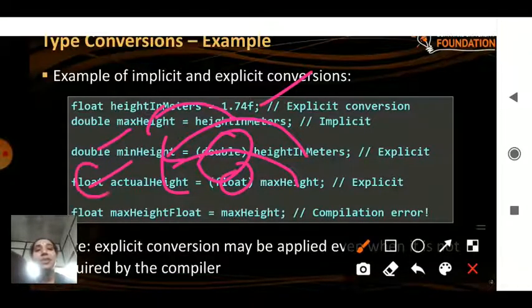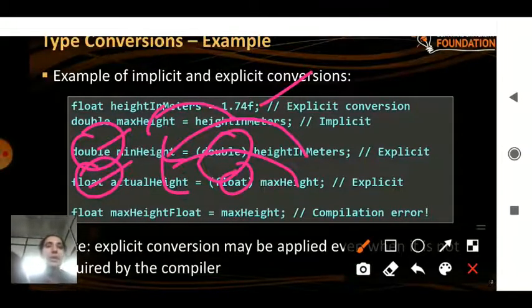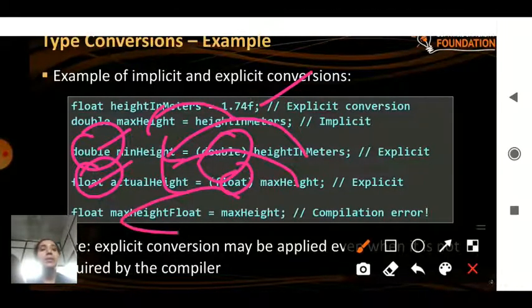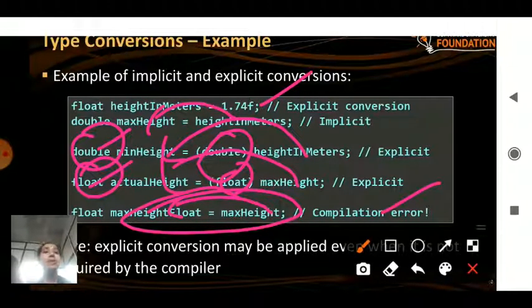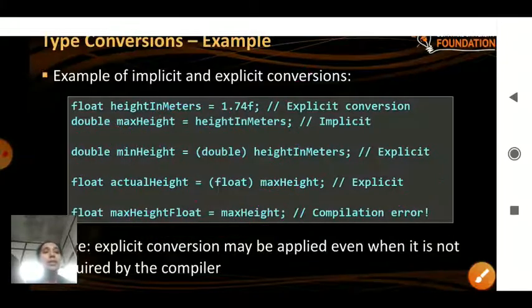Which means the range of float is less than that of the double. So whatever you are putting, first you have to convert it into the particular type, and then you have to put the value. Here also you are converting into the particular type, and then you are putting it into the other one. When I put the value directly into some other type, it leads to a compilation error. So this shouldn't be there. Remember, whether you are converting explicitly or implicitly, directly or indirectly, it should follow that particular type concept.